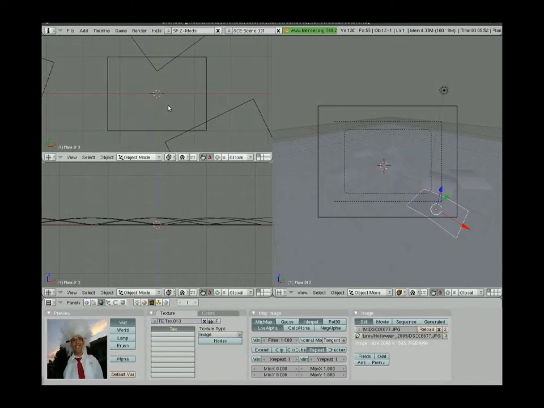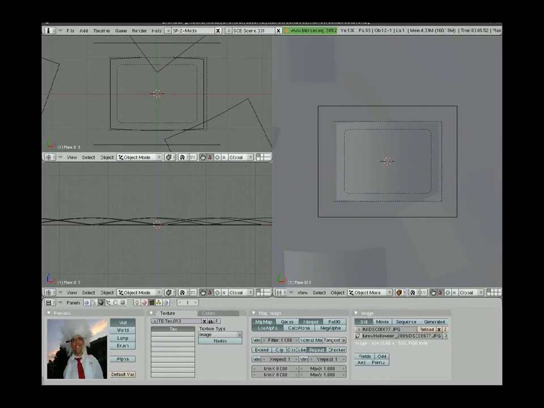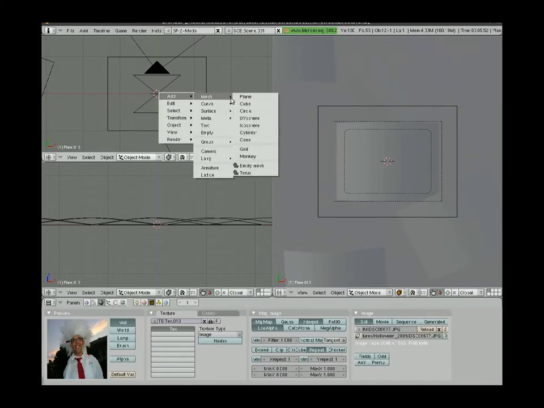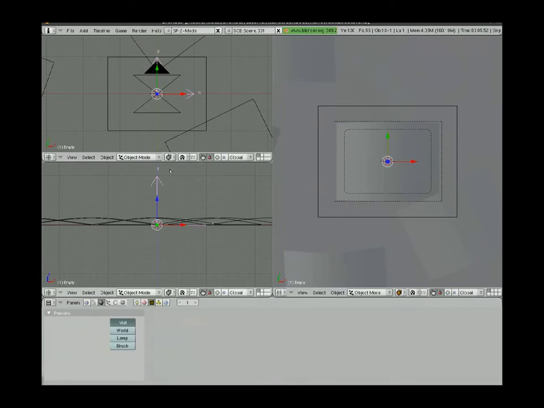I'm going to scroll in on the center picture. I'm going to hit Shift 0, and that moves the camera to that view, as you can see over here. I'll hit 7 here to go back into top view. And what I'm going to do now is hit space and add an empty. And what that does is it creates this empty point that will not render, but what we can do now